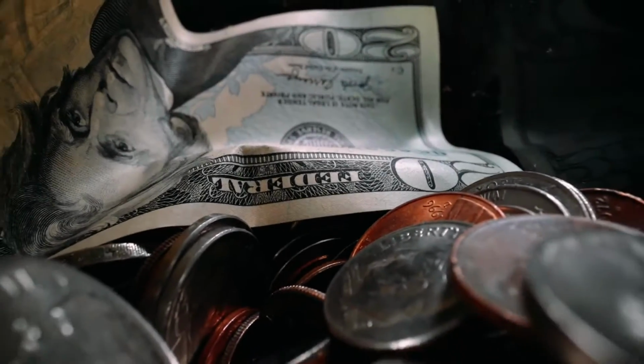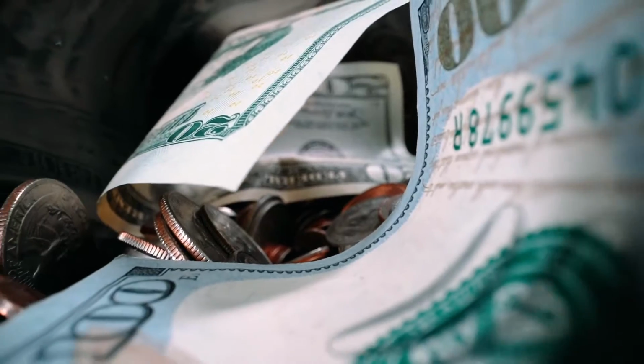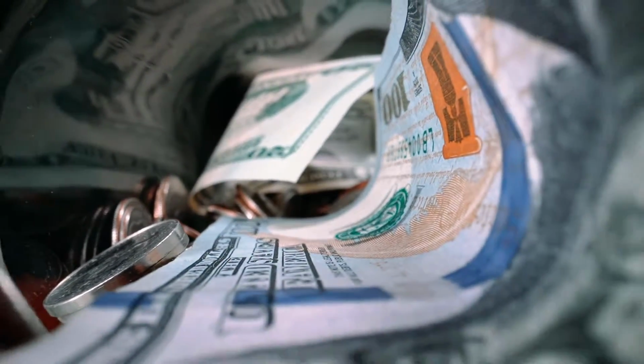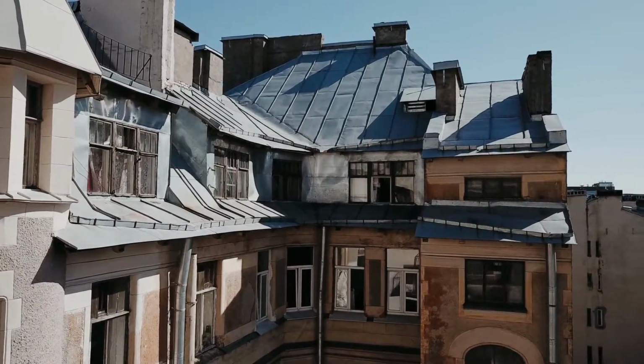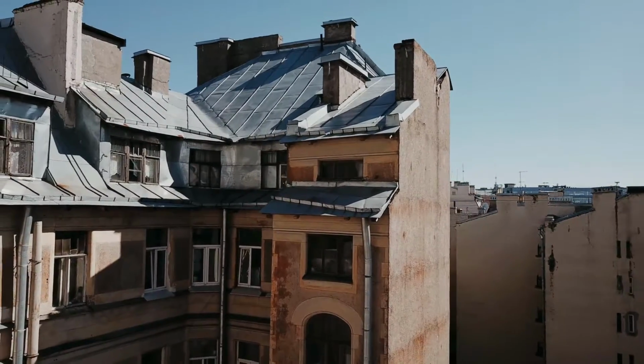The BRRRR investing method is a fantastic way to really make your money work for you rather than working for money. Think of it like long-term house flipping. Basically, you are buying rundown properties, fixing them up, renting them out, and then refinancing to get your initial investment